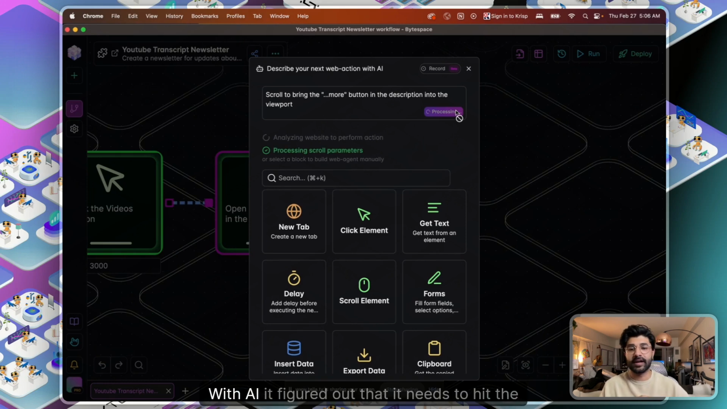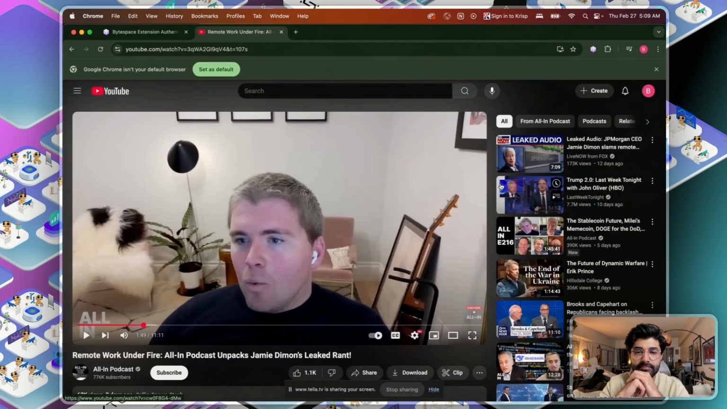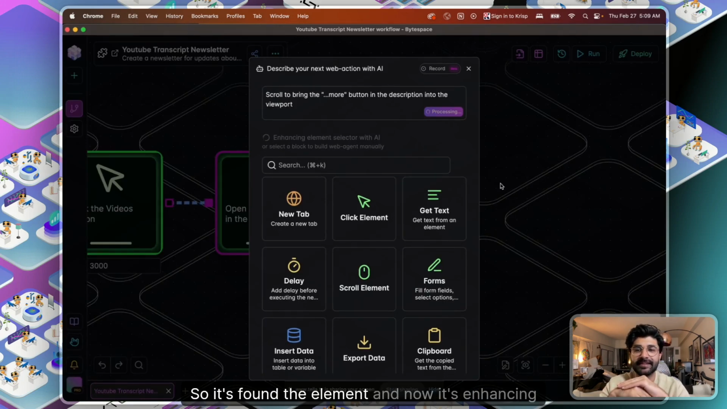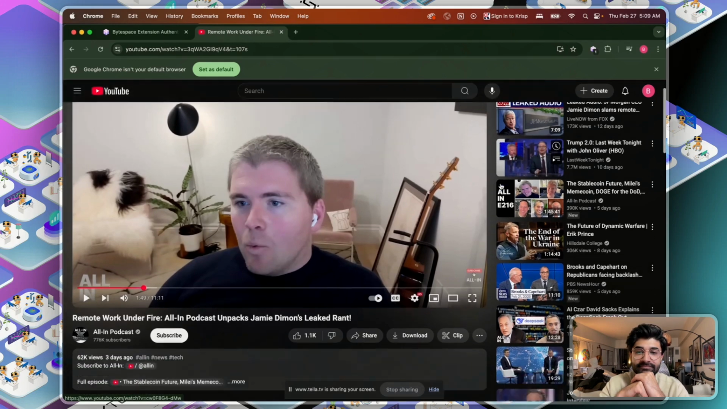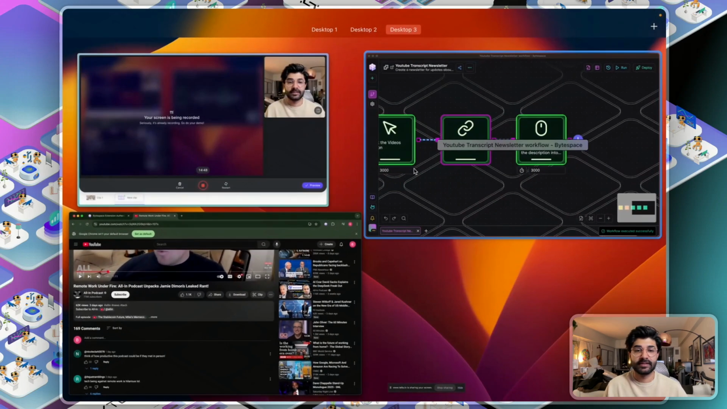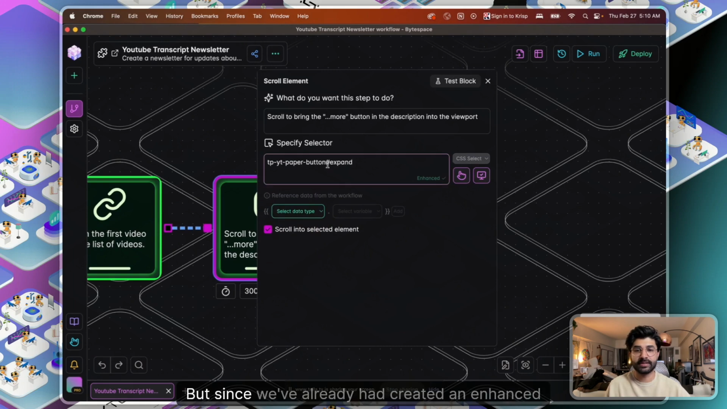So determining the block with AI, it figured out that it needs to hit the scroll element block. Okay, so it's found the element. It scrolled down. You can see that the more button is right there. Now, for the next step, you could create this block using AI, but since we've already created an enhanced selector,